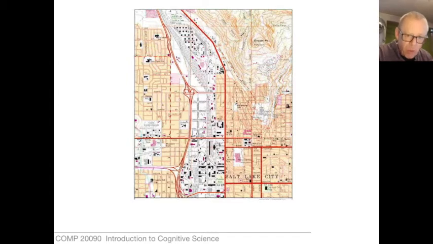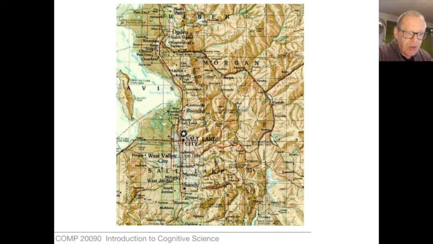Now, there's more than one way to draw a map of Salt Lake City. In fact, there's no single way or even best way to draw a map of Salt Lake City. Here's another map of Salt Lake City. It's at a different scale, and all the detail of the previous map has now been shrunk down. If you look at this map, you'll see a 5-pointed star, a white star in a black circle. And that stands for Salt Lake City. So that's also about Salt Lake City, but clearly in a very different way from the last map.